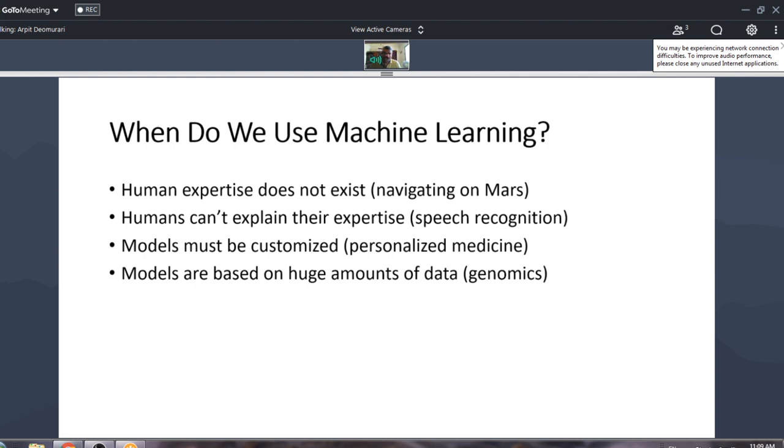Another is that it has to be customized. Humans can work similarly on one problem or 2 problems, but if I ask for a solution which is tailor-made for every person on Earth, probably humans can't do that. And second,